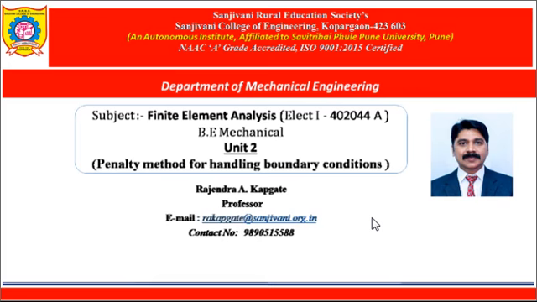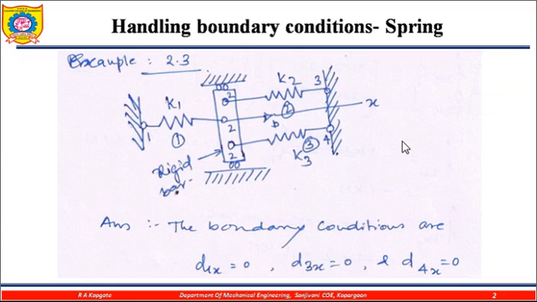In the last lecture we also studied how to handle the boundary conditions, but here we have taken another example so that we can understand the concept in the right way. So what is meant by the non-homogeneous boundary condition? Many of you are always confused with this one. So let us take this problem.